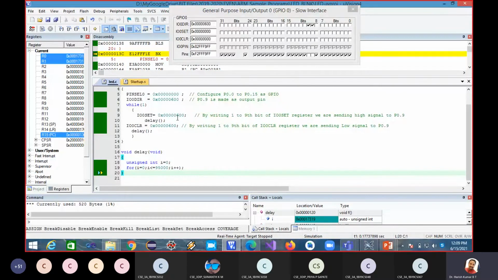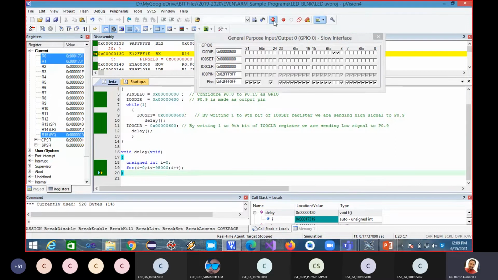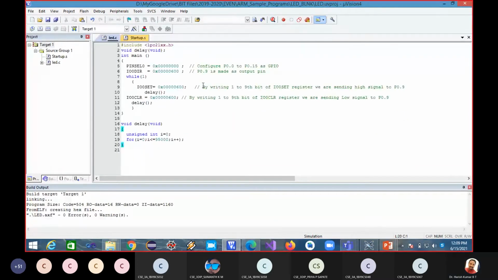See, instead of making both the things glow simultaneously, what you got to do now? First you got to make the first LED glow. Yes or no? Let me remove the debug. So we'll modify the code. Now first I want to make the LED which is connected to port P0.9 glow. What is the data? 2. Did you get that? Yes, sir. Okay. So we were making 2 glow, and after some delay,